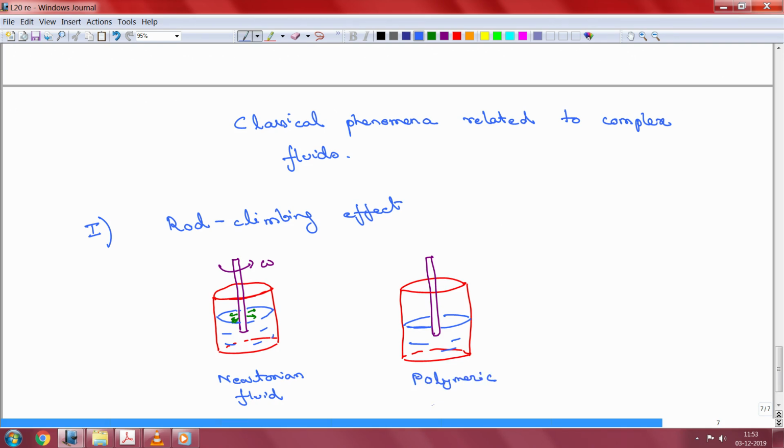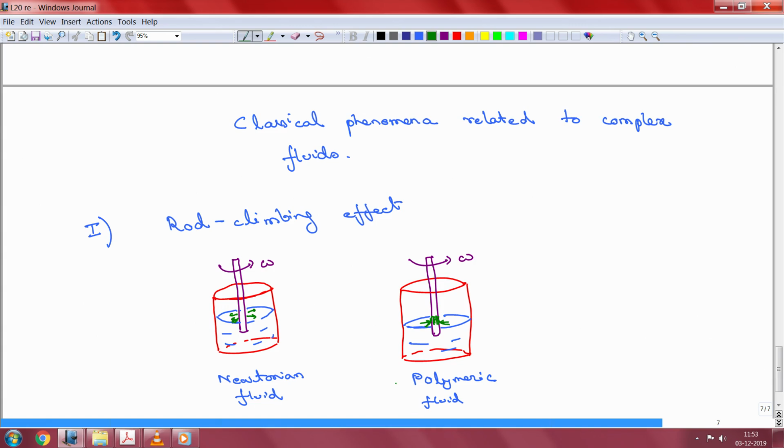And I am using the example of polymeric fluid deliberately. It need not only be a polymeric fluid, but I will show you an experimental result from our lab which relates to polymeric fluids. That is why this effect is nicely visible in that. If you have a polymeric fluid, then under certain conditions the flow can start moving towards the center, and as a result the meniscus actually starts to rise up this rod, and that is why it is called the rod climbing effect.